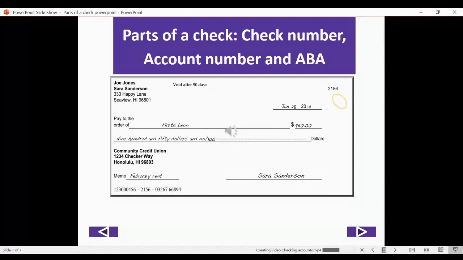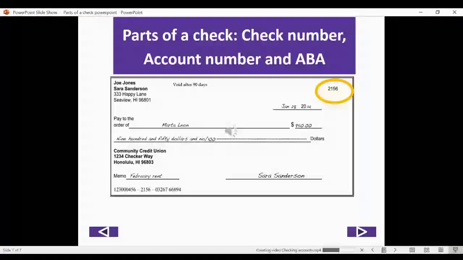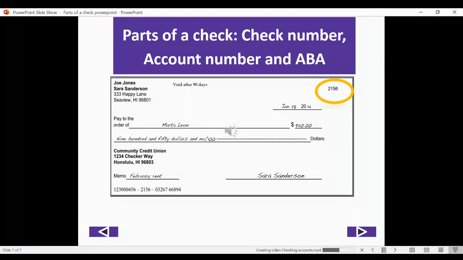The check number indicates which check is written from your account. Most checks begin with the number 100 and then increase as you write more checks. Some people prefer to start their check numbers with 200 so that the account appears to be older. This check number will become important when you enter it to